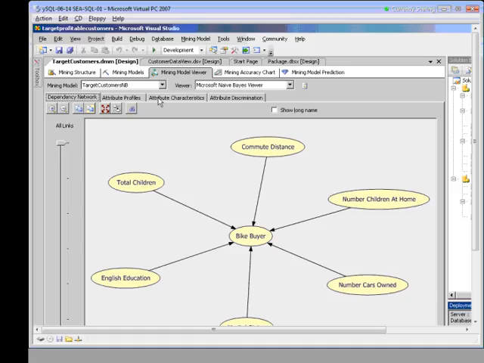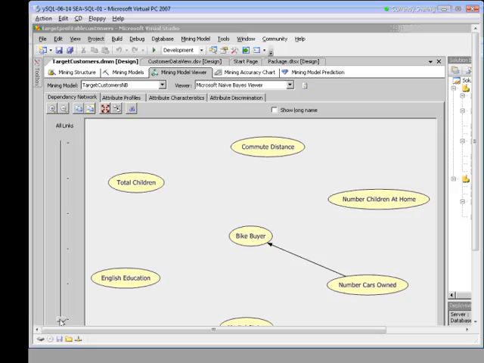The first view we'll use is the dependency network. The predictable column is in the middle with all the other columns surrounding it. Arrows point showing how much influence each column has on the final output. If you drag this All Links indicator all the way to the bottom, you'll see links being removed based upon their strengths. For this model, the strongest link is the number of cars owned for the value of the bike buyer. So basically, the more cars I own, the more likely I am to buy a bicycle.